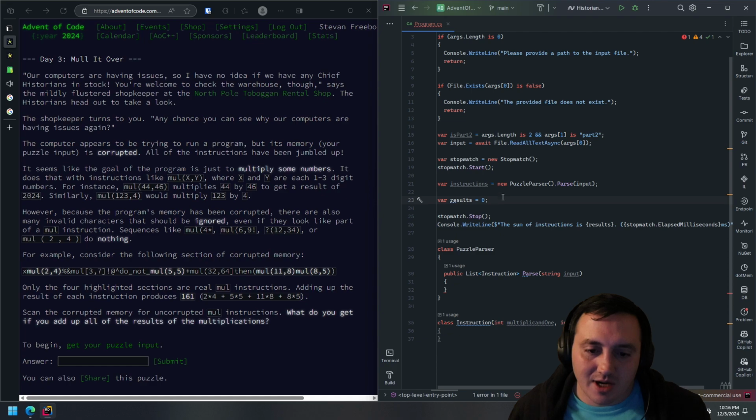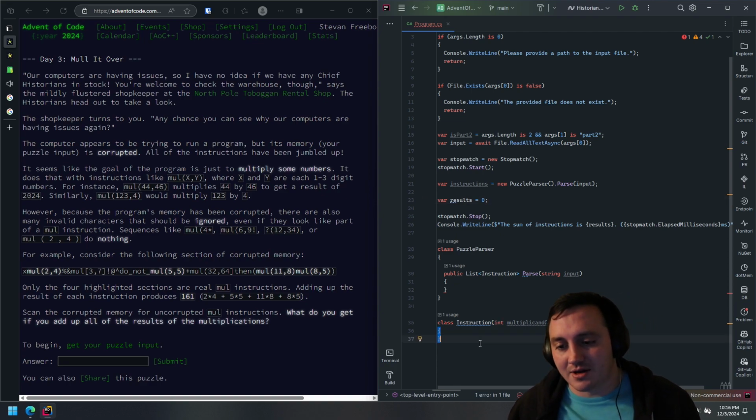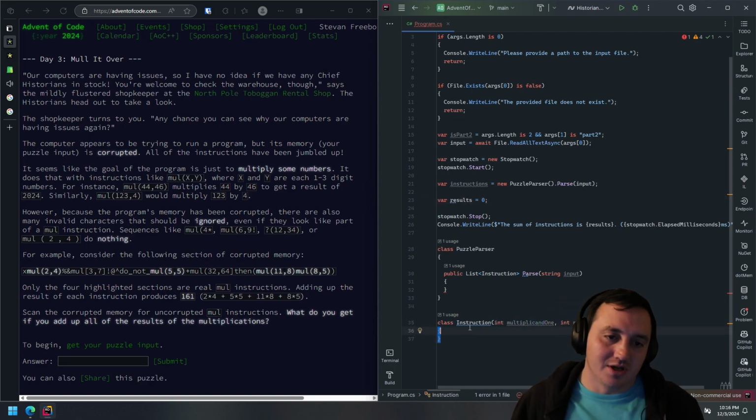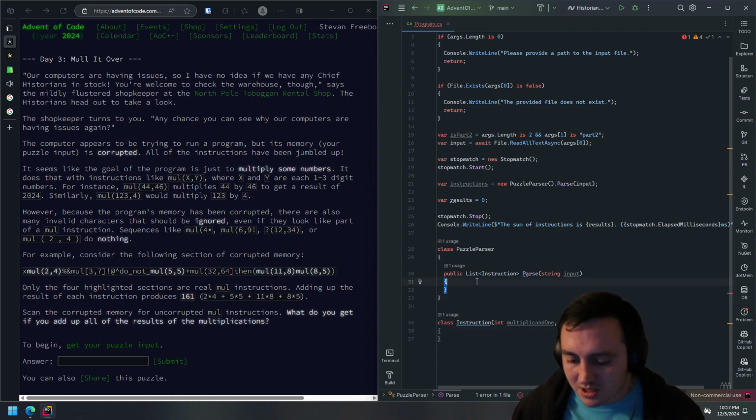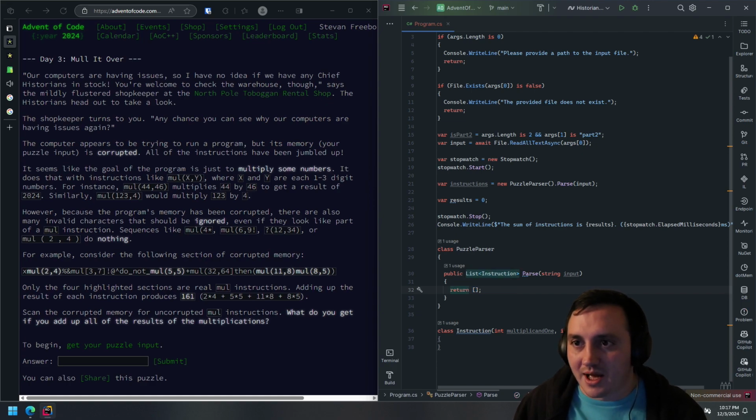So in this case, what makes sense is to create a class that represents each individual instruction. Each individual instruction will have 2 numbers, so two different multiplicands, and those will be a part of my instruction class, which is down here. And then my ultimate idea is that all the instruction has to do is call a method, multiply them, and return that value. So the first thing we're going to do is just return an empty so that it will compile. And then